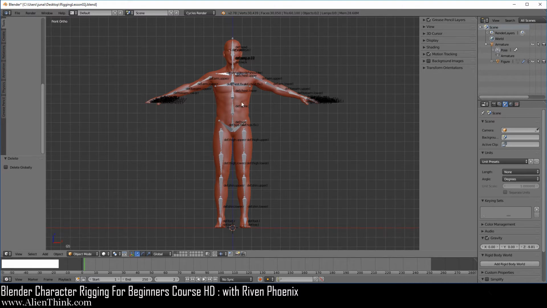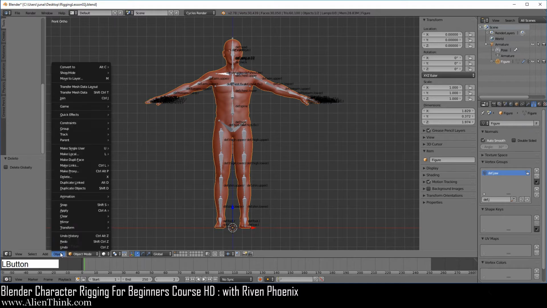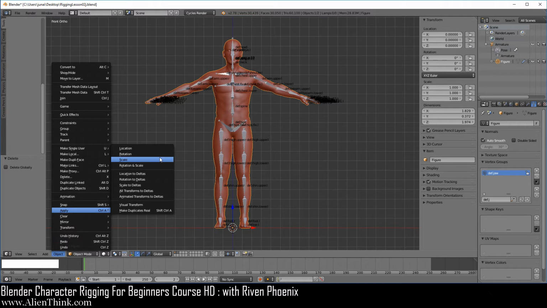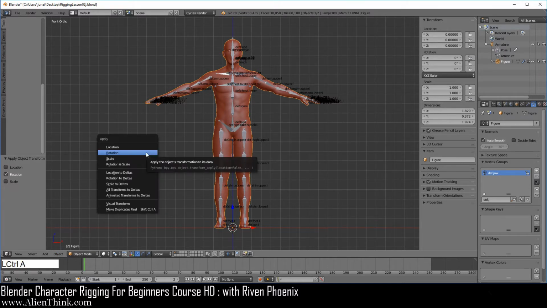Now, go ahead and click on this figure. Remember, all of these over here need to be 0, 0, and this needs to be 1. So when you are in object mode and when you are importing this stuff into video game engines, you want to make sure that you go to Object, Apply, and here we would do location, rotation, and scale. Okay, so you can see that I don't have to do this because everything is showing 0. So here I can do location, I can just do Control A to bring it up, rotation, and scale.